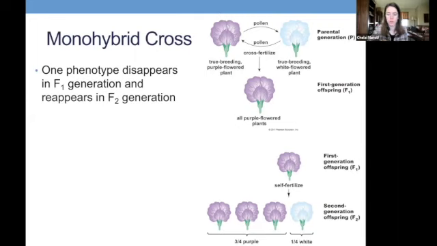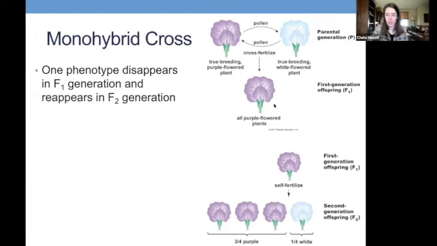And so we call both of those parents homozygous because they had the same allele for each of those genes on their chromosomes. The F1 population was cool because it's going to be a heterozygote, which means it had a purple allele and a white allele on each of those two chromosomes that code for flower color. So if you cross